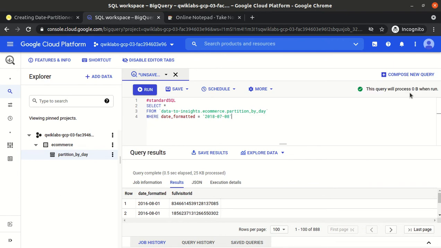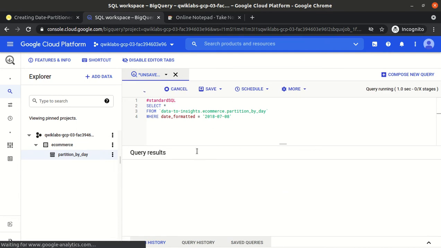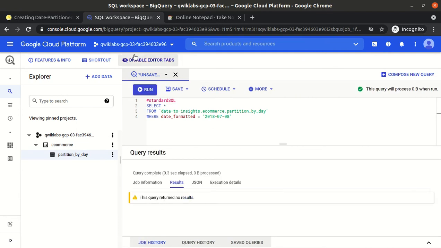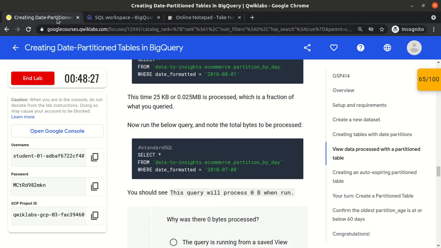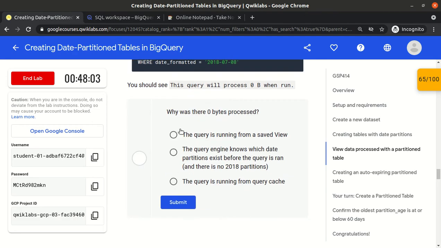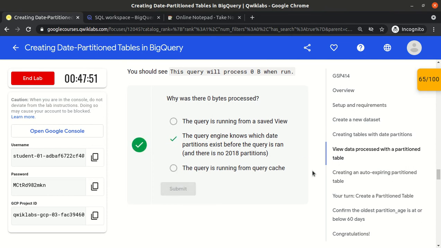See here, it is mentioned I will process 0 bytes of data, because there is no partition for 2018. So it will not process any data and will return 0 records. So this is the advantage. Why were 0 bytes of data processed? Because the query engine knows which date partitions exist before the query itself runs. So there is no 2018 partition.